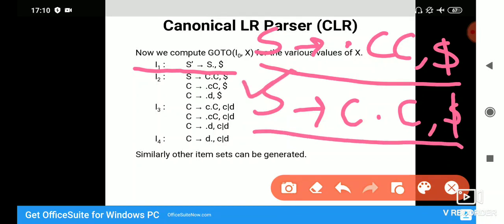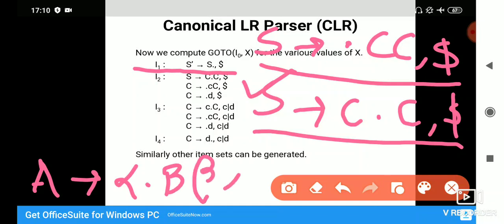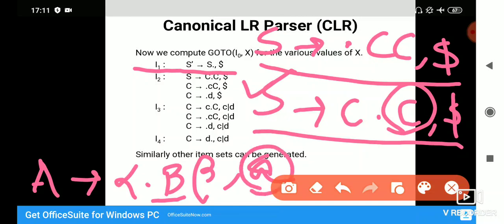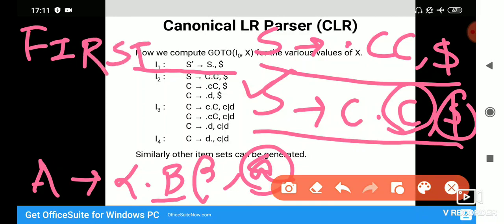The closure of this we have to compare with A → α.Bβ, a. Now in our case B is capital C, beta is null, and a is dollar. The first of βa will be, since beta is null, the first of dollar. So you get the answer as dollar.